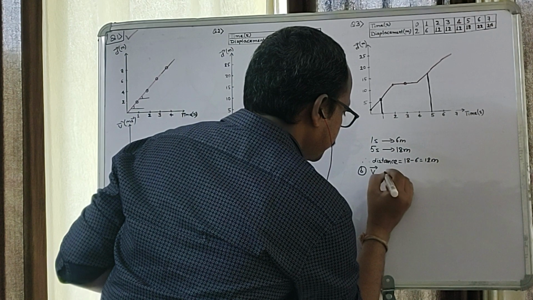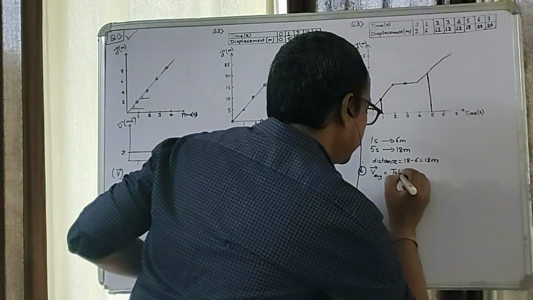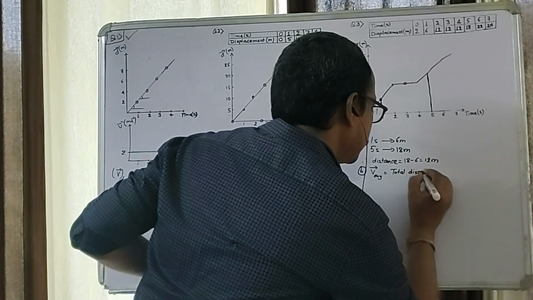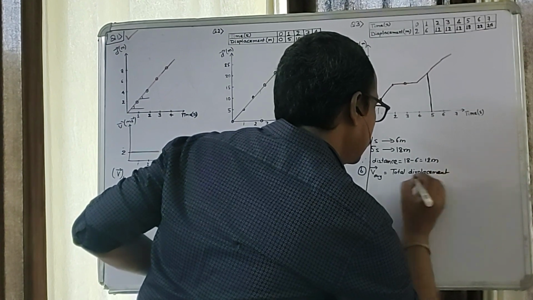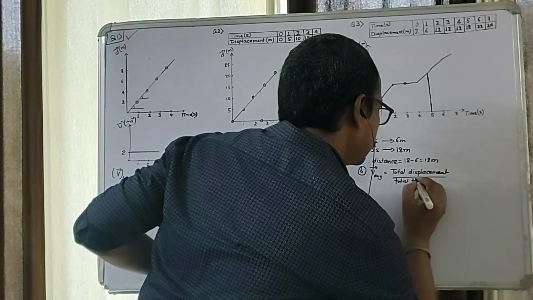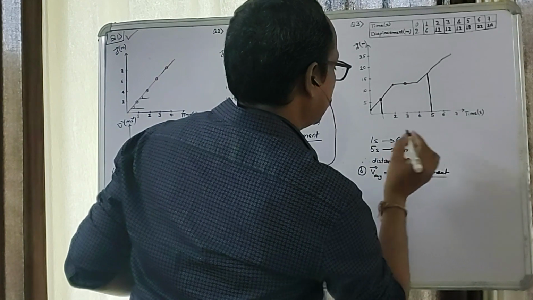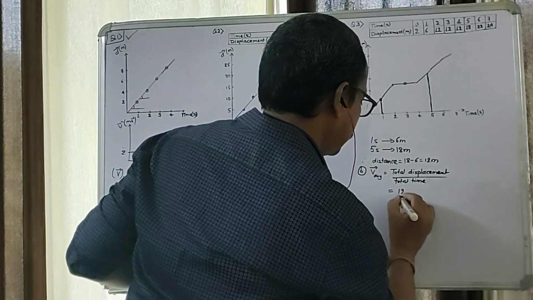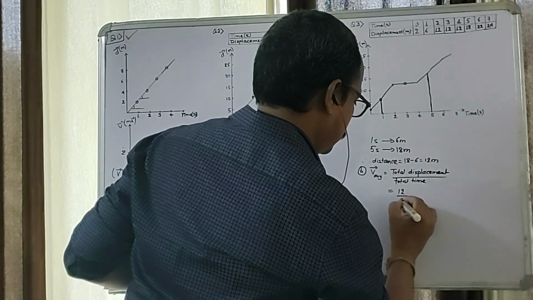The average velocity is the same as total displacement by total time. So that we can calculate. Total displacement is 12 meter, which we calculated in the first part, and total time is 5 minus 1, 4. So it is coming